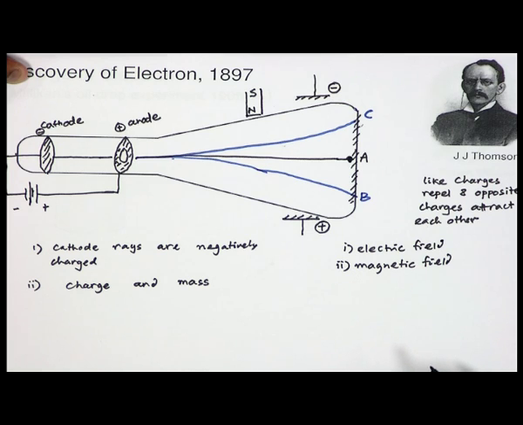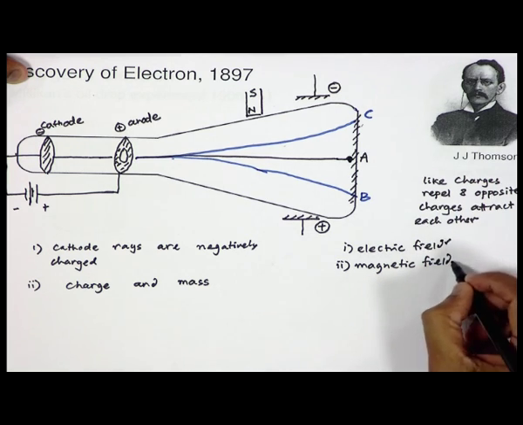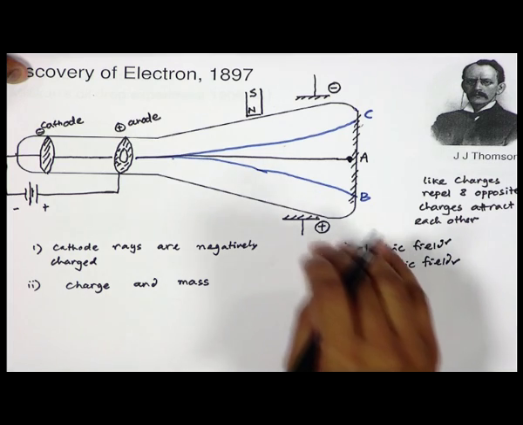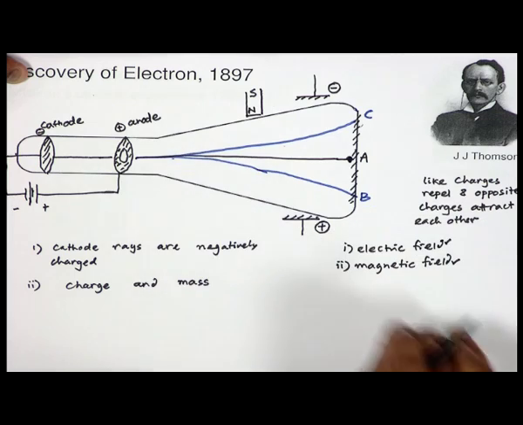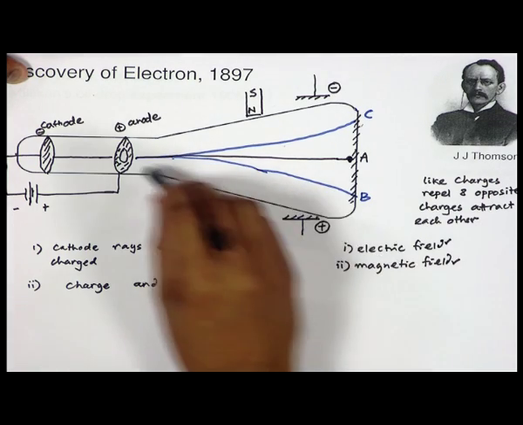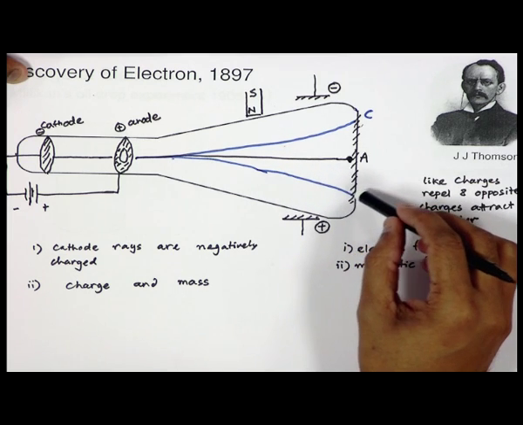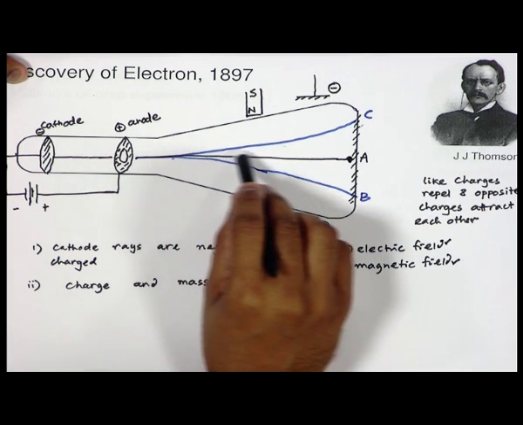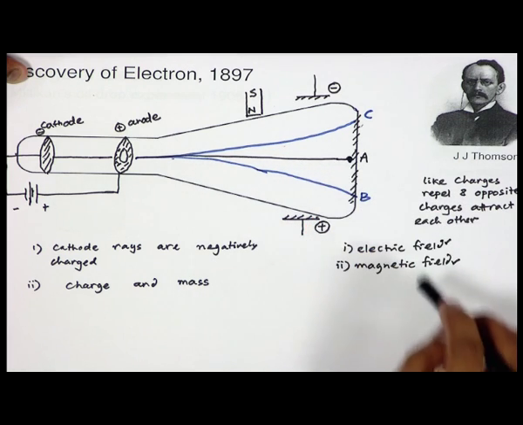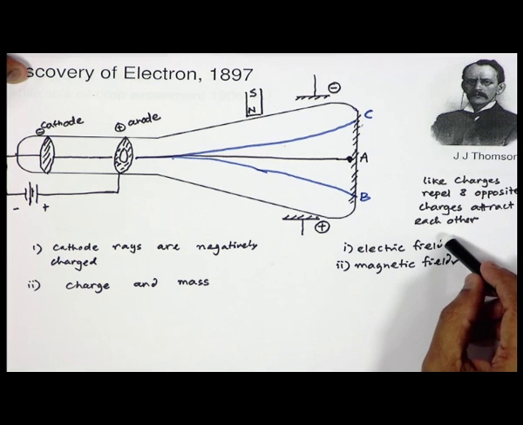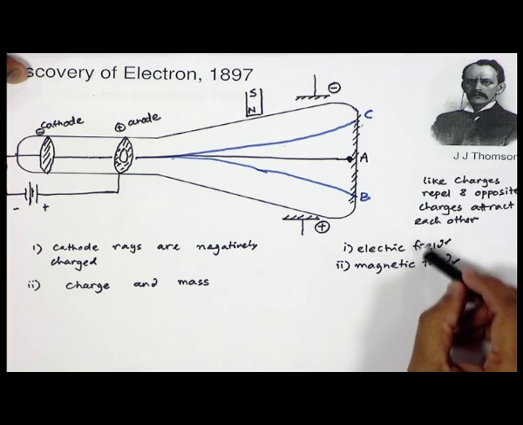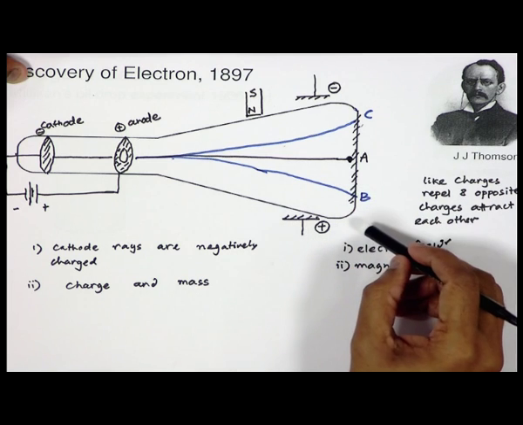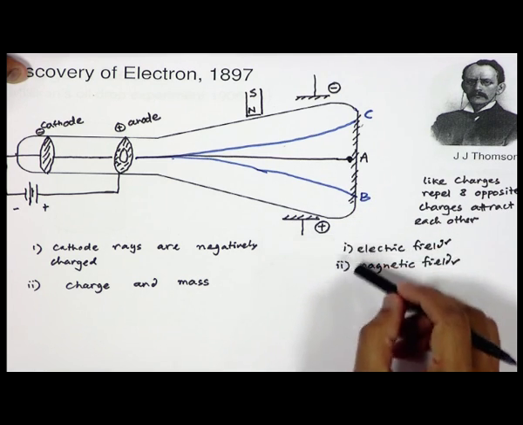What J.J. Thomson did is that he adjusted the electric field and magnetic field. He switched on both fields simultaneously, and adjusted their strengths in such a way that the cathode ray beam, instead of getting deflected towards point B or point C, was brought back to the straight line. This can be achieved by carefully tuning the strength of the electric field and the magnetic field. So, we have two field strengths that we can tune, and we have two different properties on which this deflection depends. On the basis of several careful experiments,